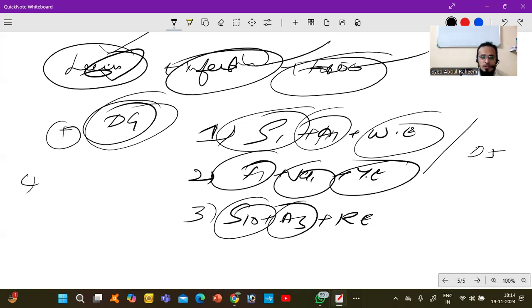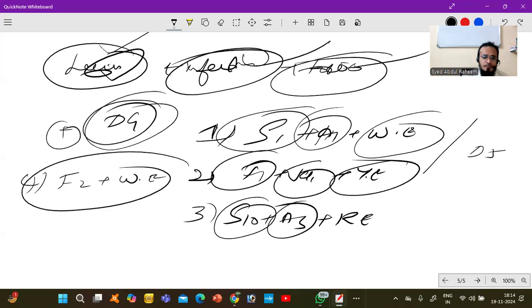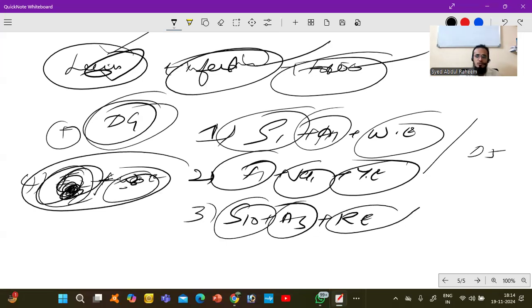Along with that, you have to give the application, that is F2 WE, because the PNS is also involved. That is the reason we are giving it for the peripheral nervous system. So F2 WE. WE will work on the entire nervous system. Along with F2, you have to give WE also. Here you are giving RE also. It will increase the metabolism and nutritive metabolism all over the body. S10 A3 RE is a very good combination.